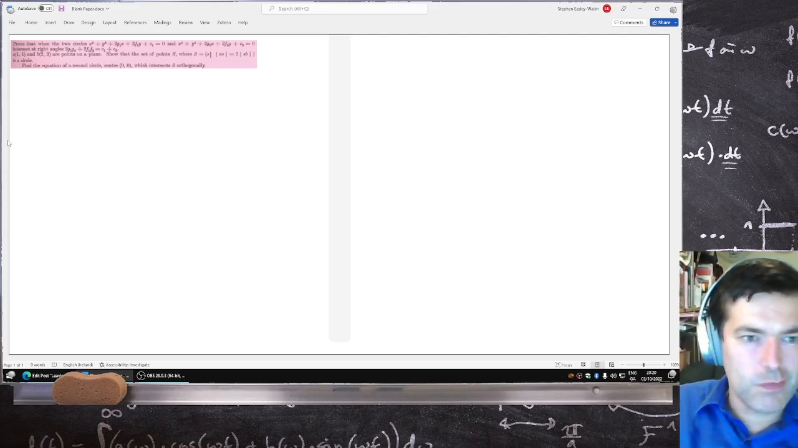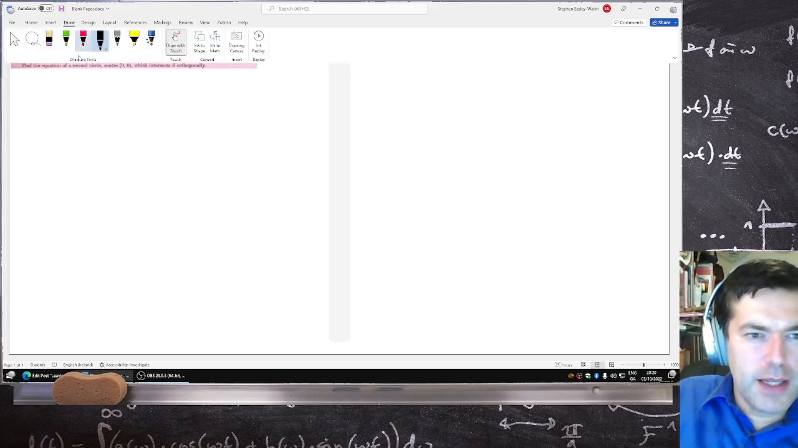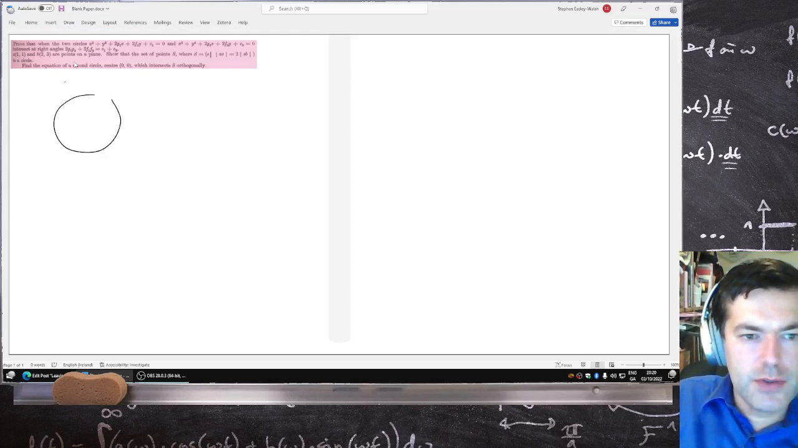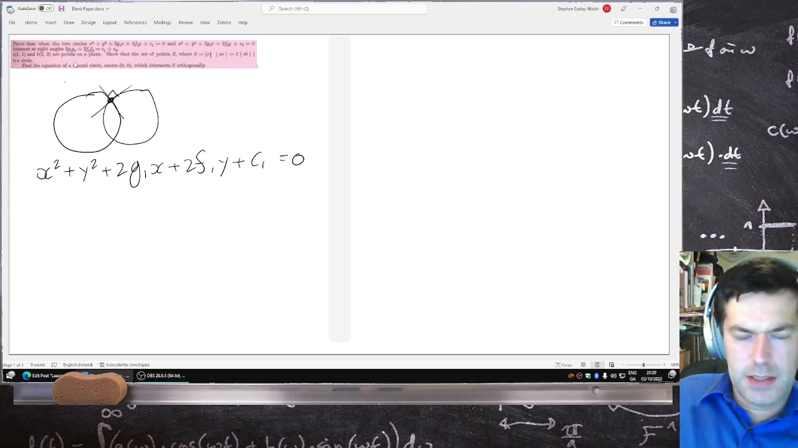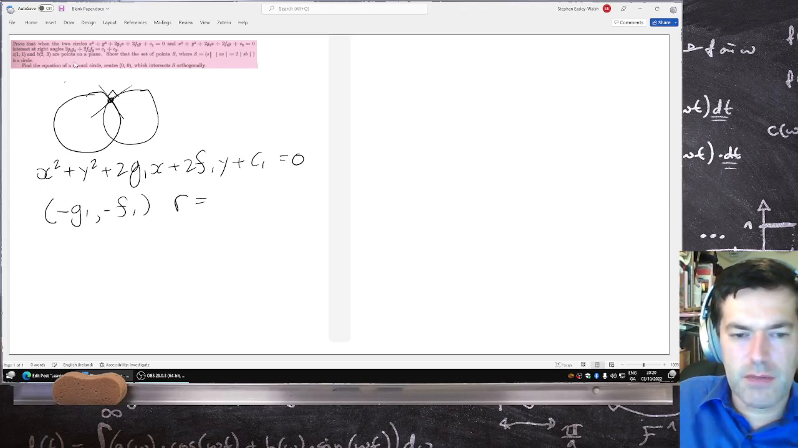So what's going on here? You've got two circles, and at their intersection, their tangents are at right angles. So the first circle we have is x squared plus y squared plus 2g1x plus 2f1y plus c1 equals 0. So what's that? That center is minus g1, minus f1, a radius of